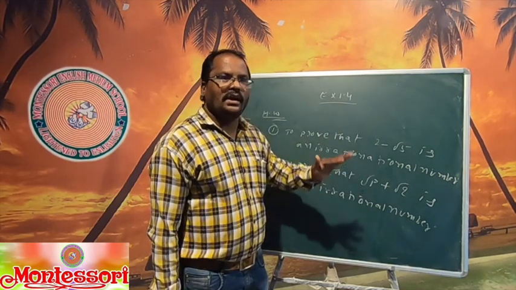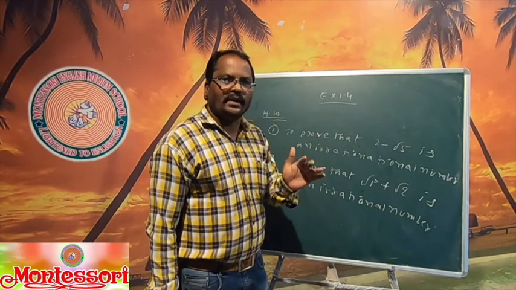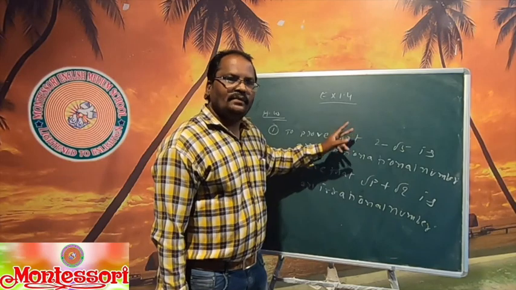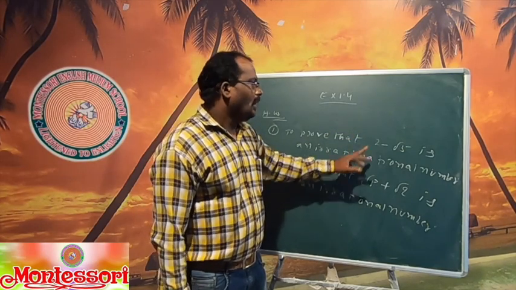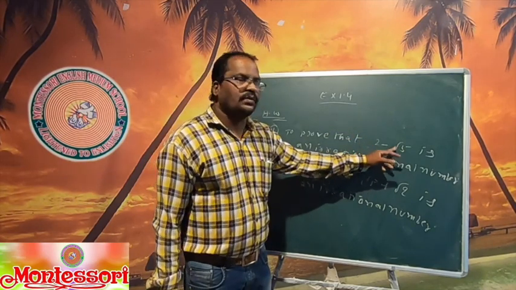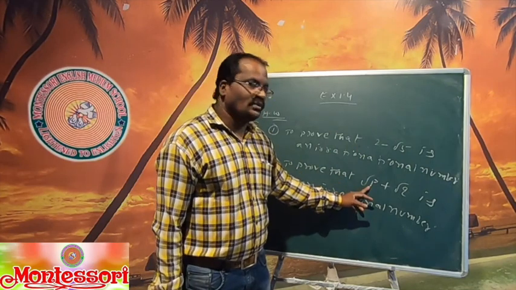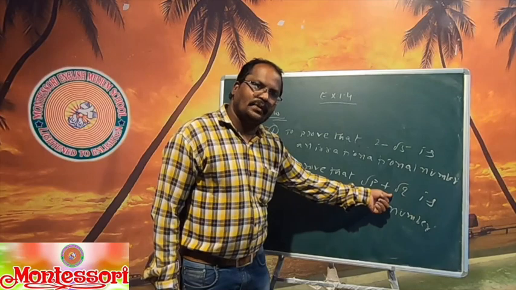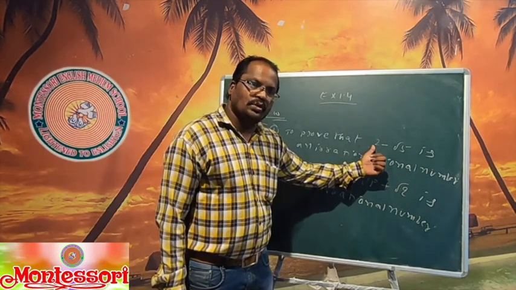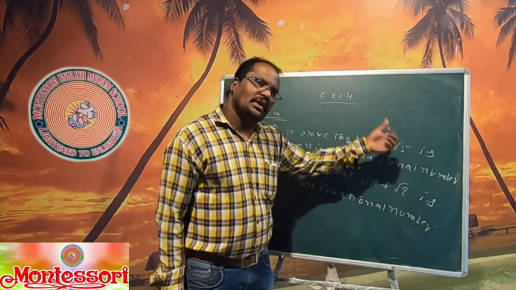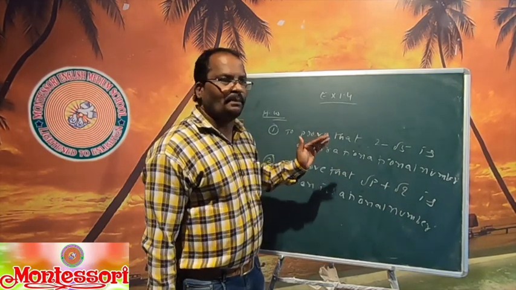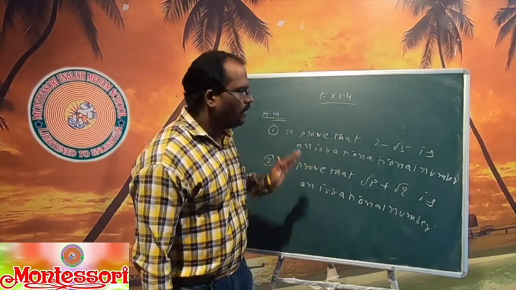You should observe the video classes once to learn how to follow the pattern. You will get the answers for the first question and the second question. What is the first question? 2 minus root 5 is an irrational number, and the second question is root p plus root q. Here both are inside the root; in the first, one is without root and the other is inside the root. Okay, once you understand the video class properly, you can do these two questions completely as homework. Okay, thank you.